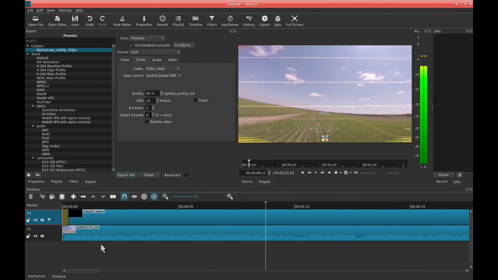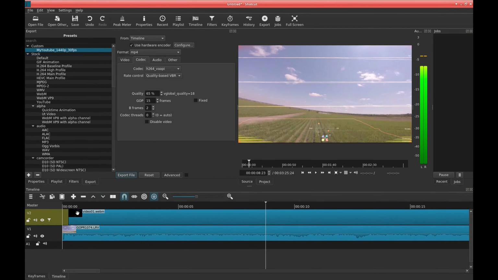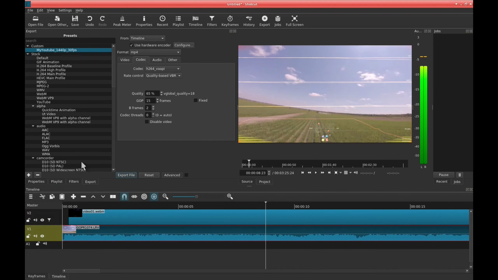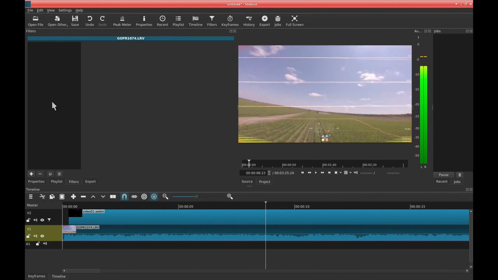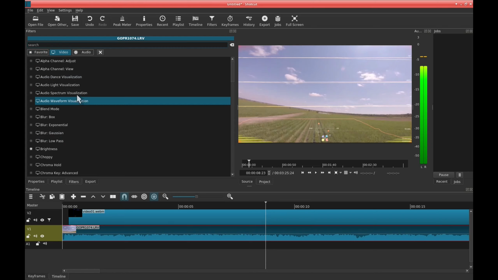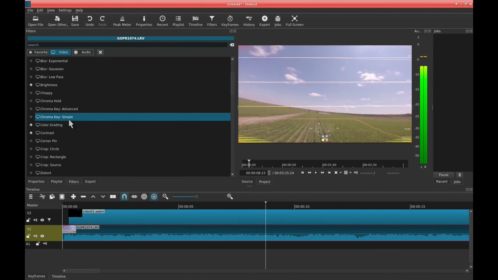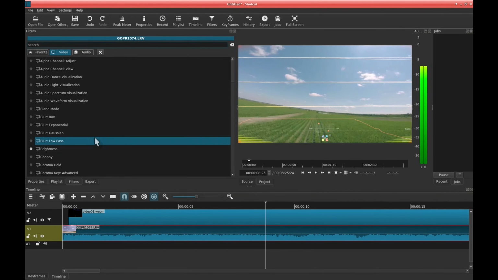Okay, so what else? You want to add music? You can do an audio track. Put your music here. You want these colors fixed? You can do color grading. You can start fixing colors. You can, what is it?